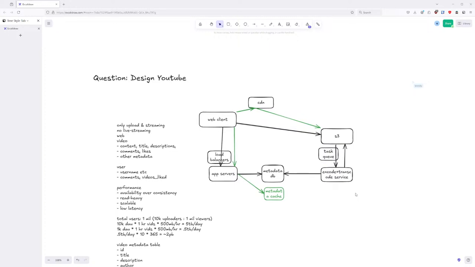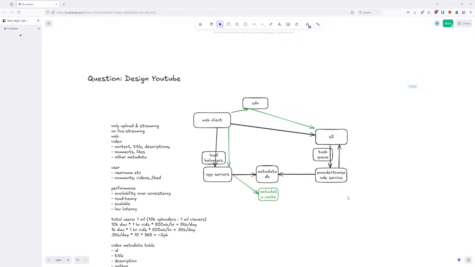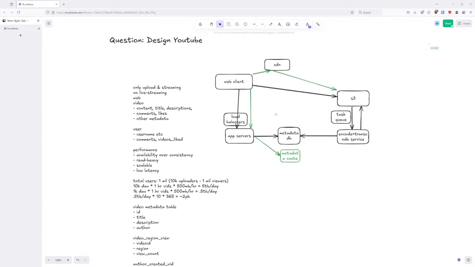So these are the reasons you might use different file formats to better cater to the needs. And the reason you do this in the first place is because storing stuff is cheap. S3 is cheap as dirt, so it's good to store many formats and then hand off the file encoded in that format to the end user as needed. I understand the candidate didn't say this explicitly, but this is the implicit reason why we do encoding and transcoding. The way they explained it was not quite correct, but it is actually a good idea, and this is why you would use it. So that's the write path.